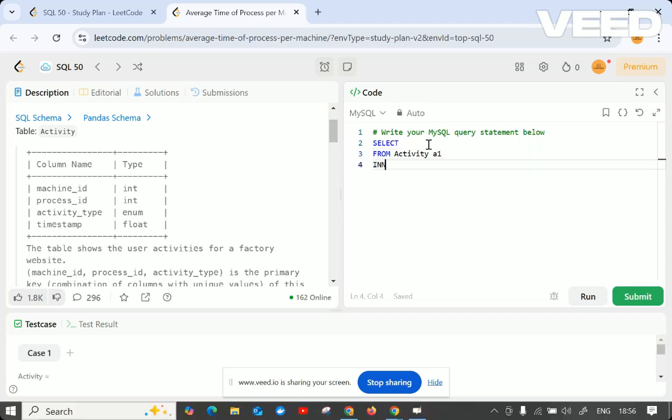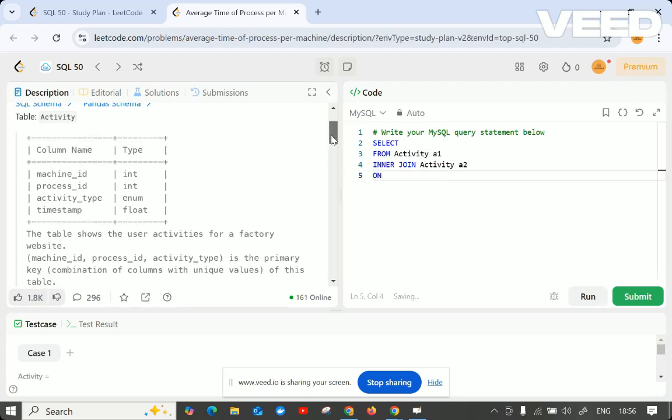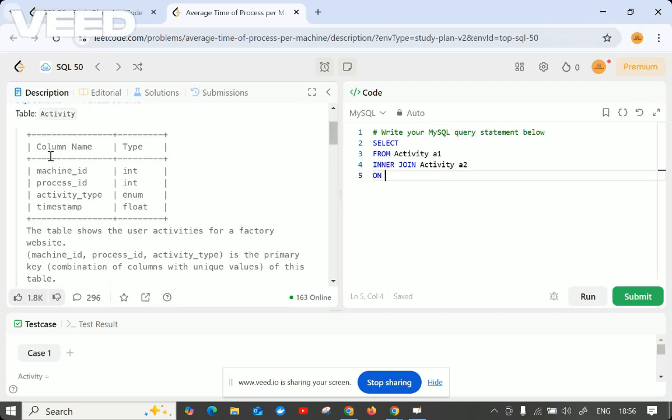We can use an inner query or inner join or directly join, that is fine. So inner join again with activity only. Now it will be A1 and A2, two activities we are doing. On what condition we have to add? Mission ID and process ID will be the same for the scenarios. So let me join with mission ID first of all: A1 mission ID is equal to A2 mission ID.